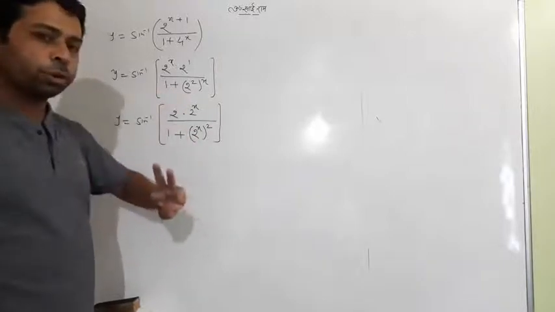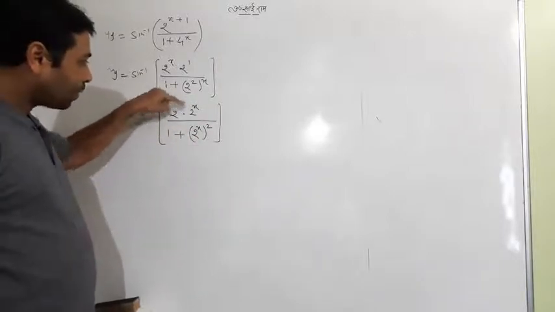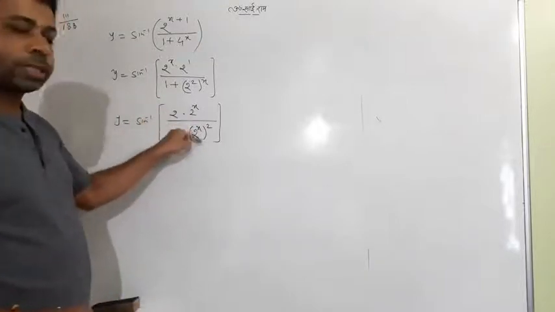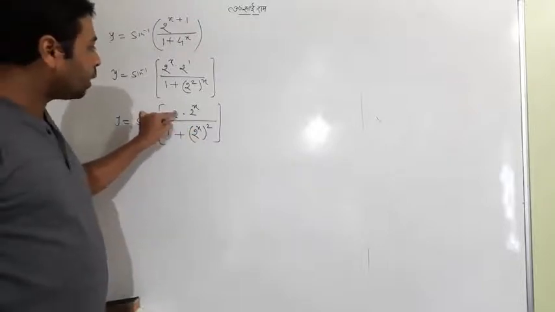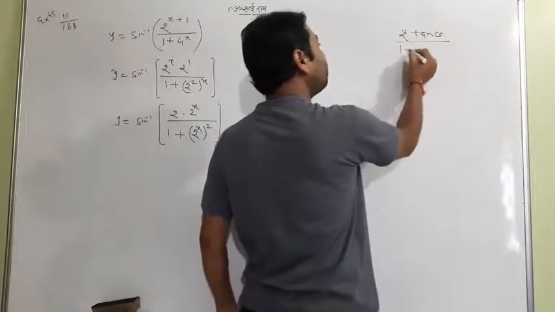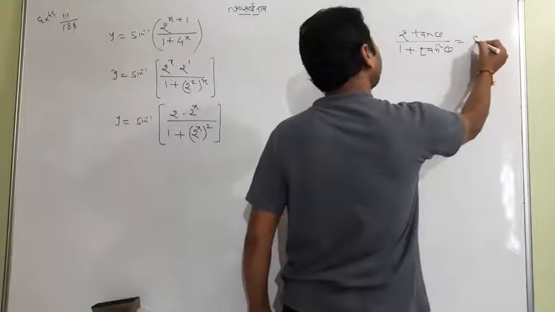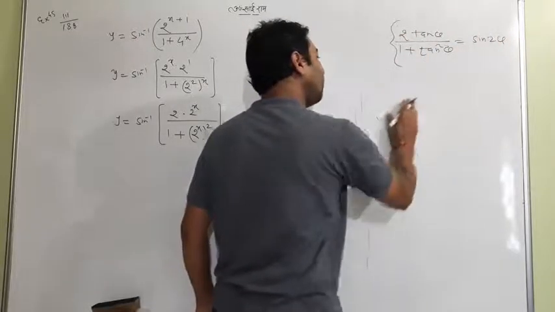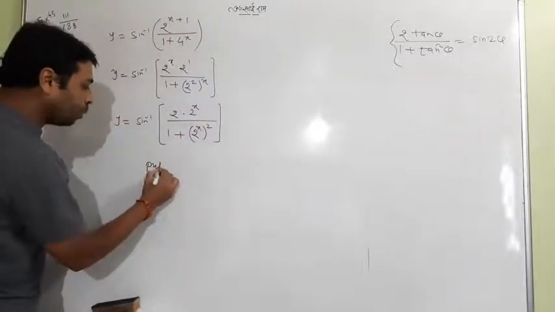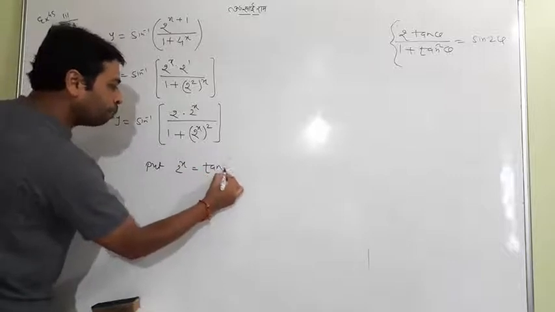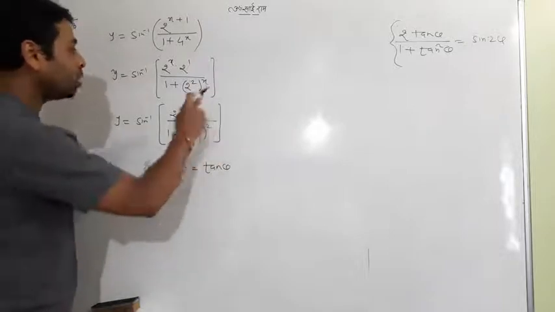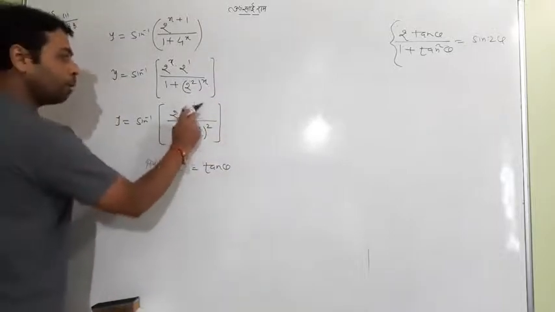You know, I taught 3 kinds of substitution: first, which looks like a formula; second, those containing the under root sign; and third, having only sine or cos. This time it is looking like 2 into this upon 1 plus this square, which looks like 2 tan theta upon 1 plus tan square theta, the specific formula of sine 2 theta. That gives the idea to put 2 to the power x equal to tan theta, because by putting this it will form the same formula. So I'll put 2 to the power x equal to tan theta.